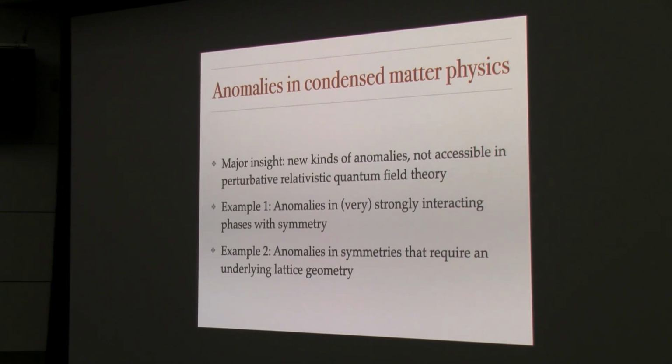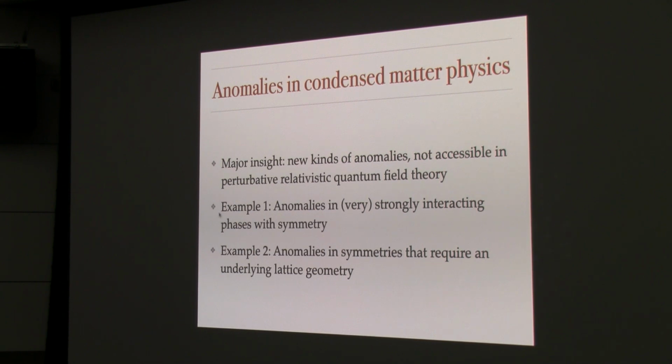All right, so that's kind of the basic perspective on anomalies in condensed matter physics. And now I want to talk through a few examples that I think are interesting simply because from a condensed matter physics perspective, it's very natural to think about symmetries and consequently, the ways that these anomalies or these surface states might happen in the context of theories that are not natural to look at if you're studying relativistic quantum field theories from a more high energy perspective.